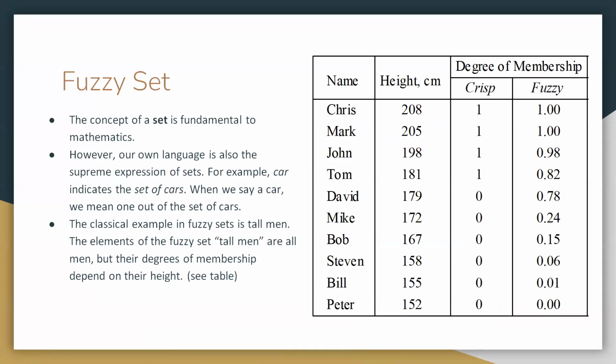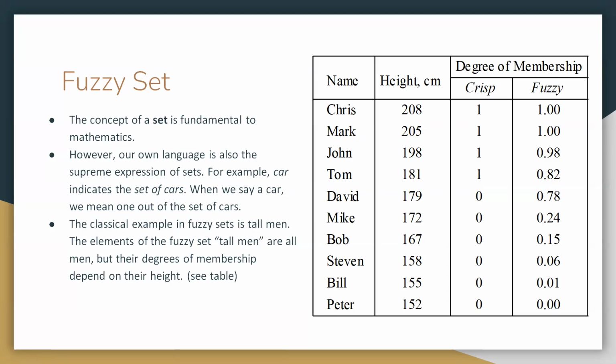An example of the previous example that we looked into, based on height. Now we're going to look at what a fuzzy set is. The concept of a set is fundamental to mathematics. We already know that. So when we say car, it indicates a set of cars, out of which we're picking one car, so we need to know the car type and all. The classic example is tall men. The elements of the fuzzy set tall men are all men, but their degrees of membership vary based on